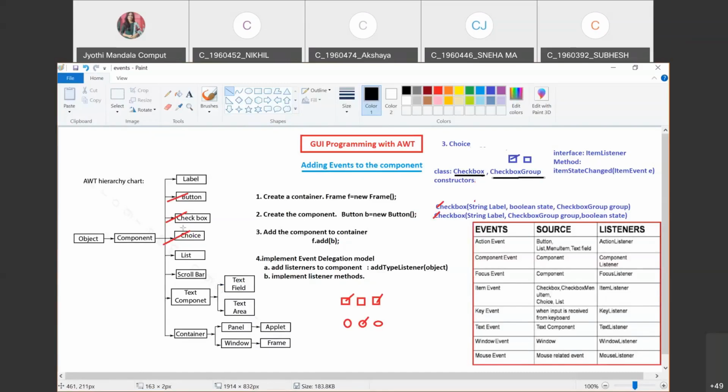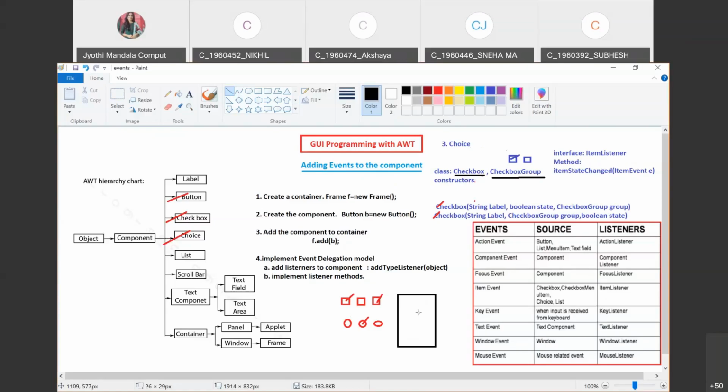Now coming to the list. Now what is this list? A list is nothing but you might have encountered this way of having a list of items available here, like same list. Let us call one item here. Next we have second item. Okay. And we have third item like that.